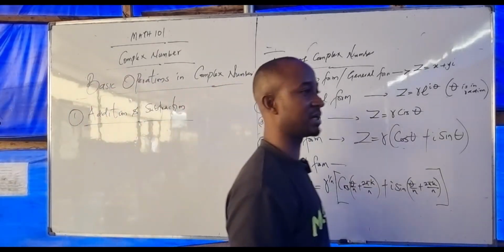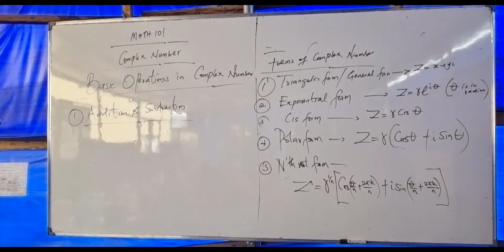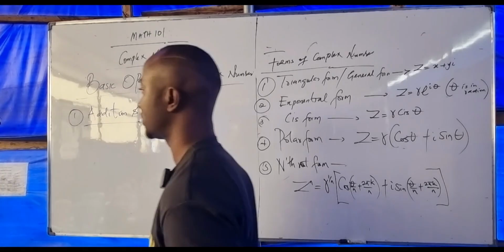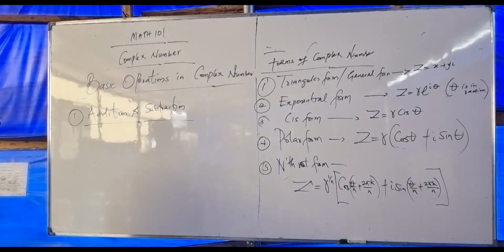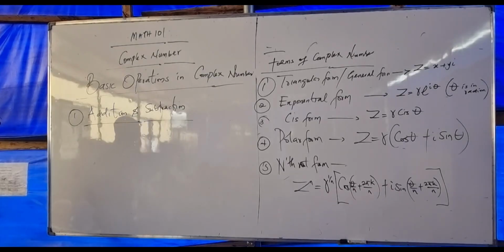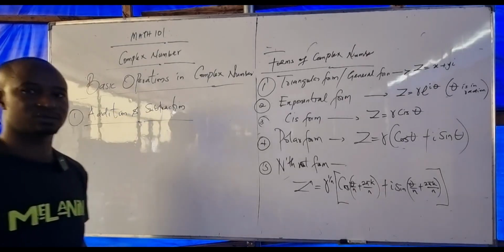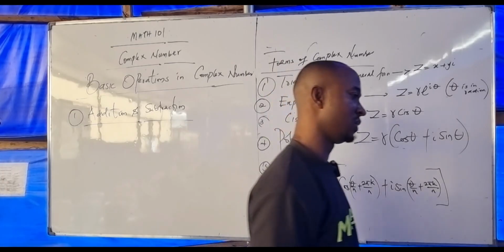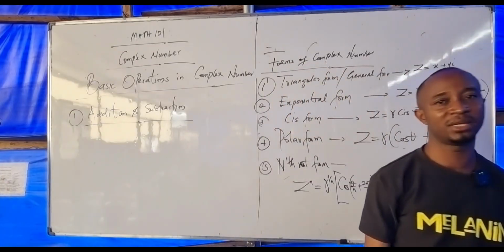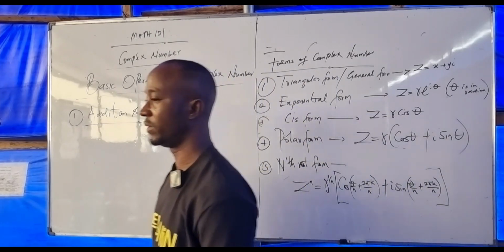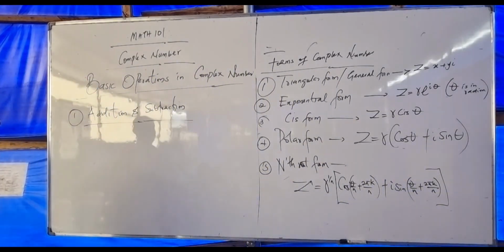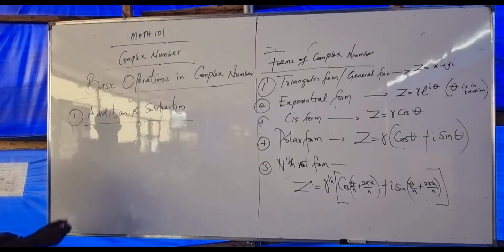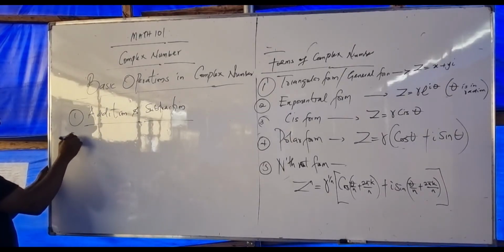The addition and subtraction of two or more complex numbers will always result in the formation of a new complex number. For example,